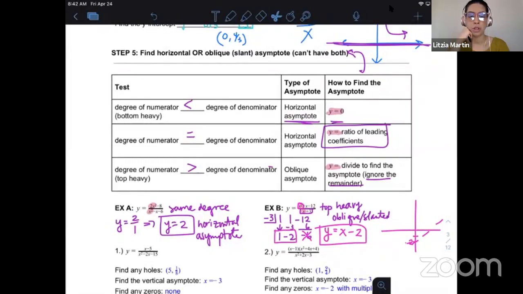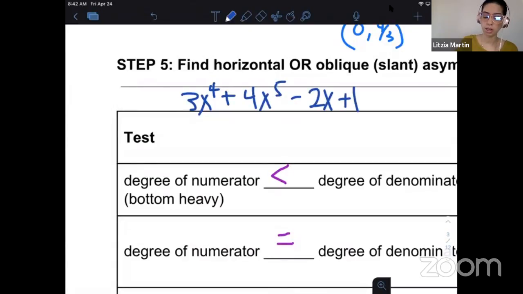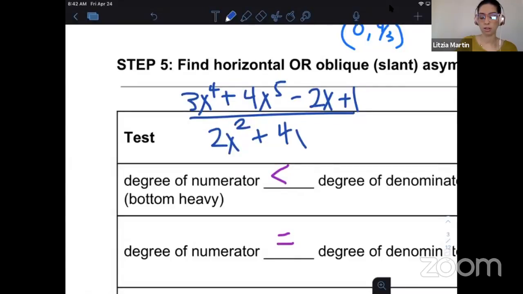We want to check what is the highest degree up top, what is the highest degree at the bottom. So for example, if you have something like 3x to the 4th plus 4x to the 5th minus 2x plus 1 divided by 2x squared plus 4x minus 7,